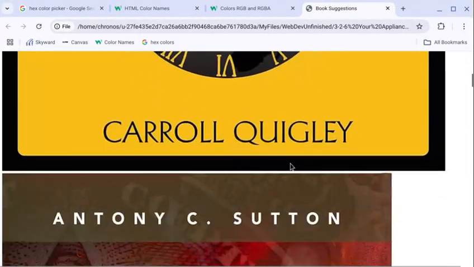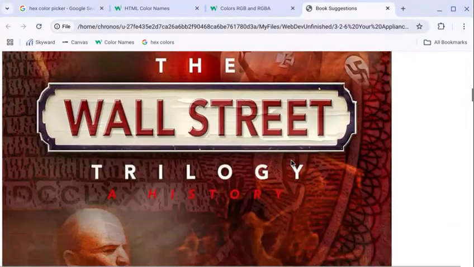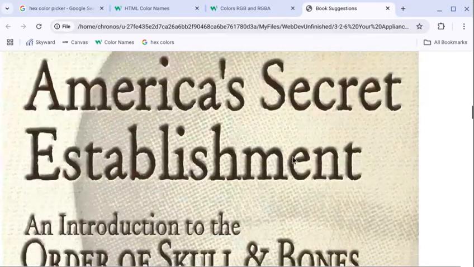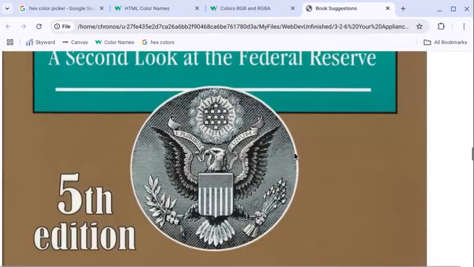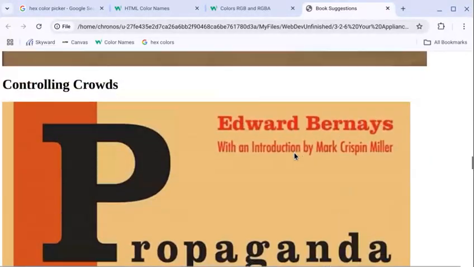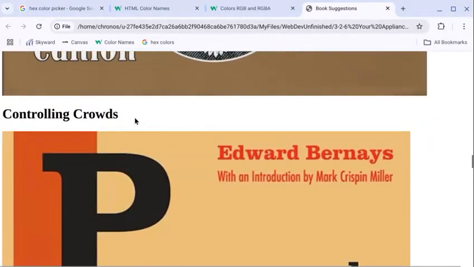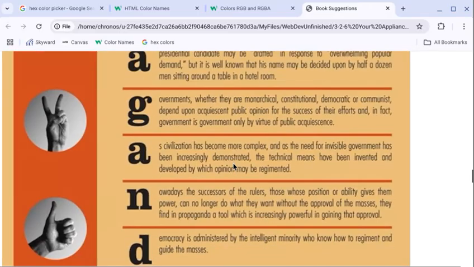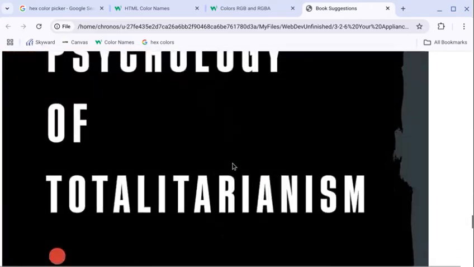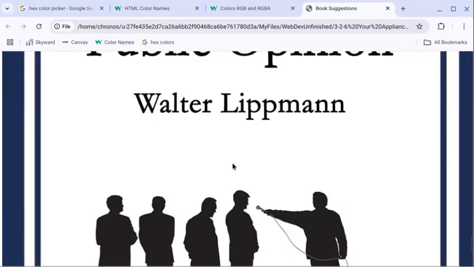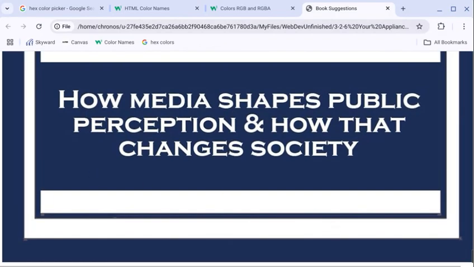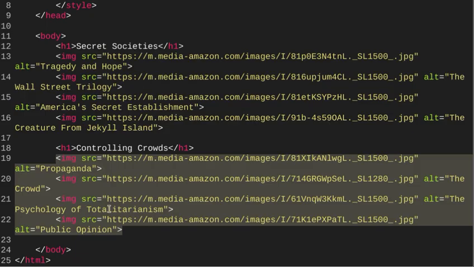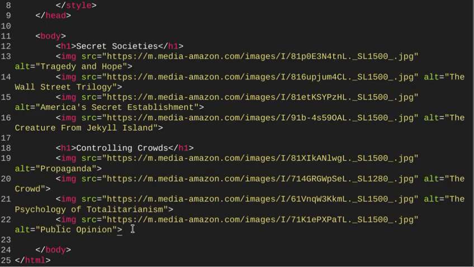So again, we got Tragedy and Hope, Anthony Sutton's Wall Street Trilogy, and America's Secret Establishment, and then down below that, the Creature from Jekyll Island looks like. In any case, further down here we got the controlling crowds. There we go. We got Propaganda, The Crowd, and The Psychology of Totalitarianism, followed by Public Opinion. So these are pretty good books, and again, it doesn't really matter that you're using books or whatever it is